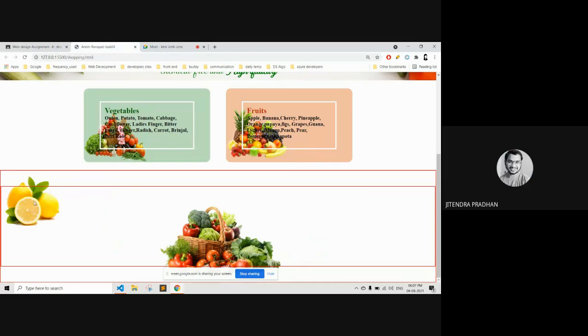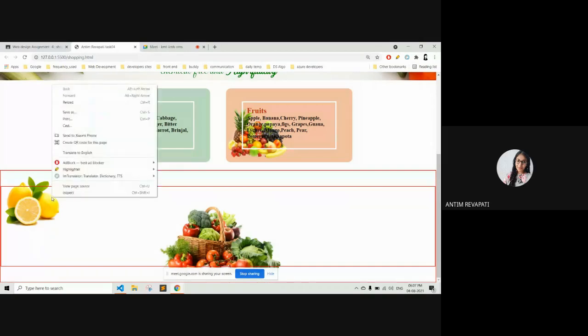At first you crop that image. Then you have to apply it. But sir, this is a JPG image. JPG image, right? Yes, sir. So you can crop the image, right? It's not a PNG image, right? Have you understood? Sir, just a minute. This is a PNG image. Open that, right click on it and inspect.